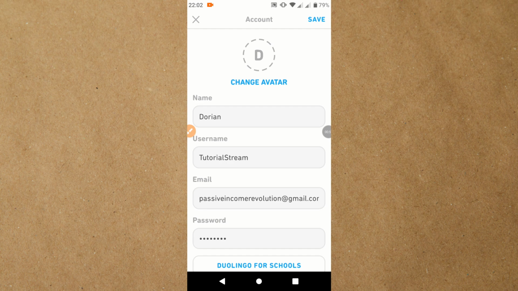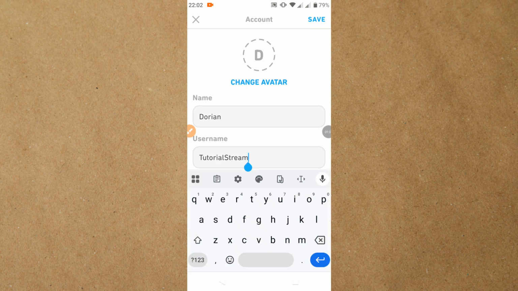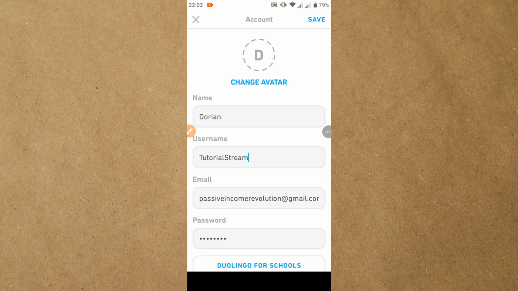And last but not least, tap into this field here below name as well as username and simply type in your new username, just like that, for example. Just bear in mind guys that you can use only a maximum of 16 characters for that username, and once you're content with your new username, tap into save in the top right corner to save your changes and to use your new